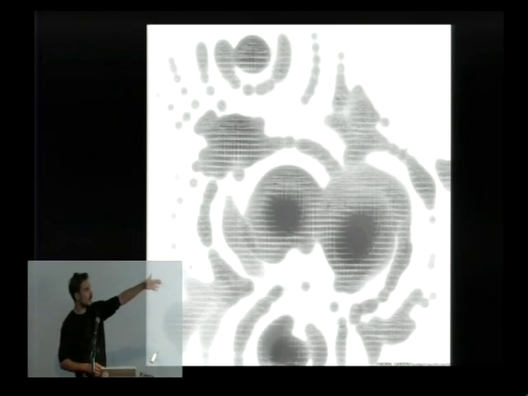I assigned different programmatic intensity to the different charges that build the field, because the idea is that in my project the form is the result of an accumulation of energy.